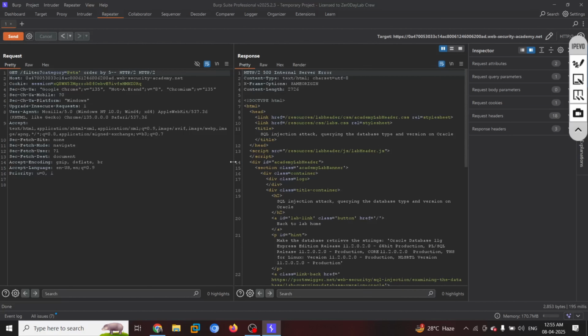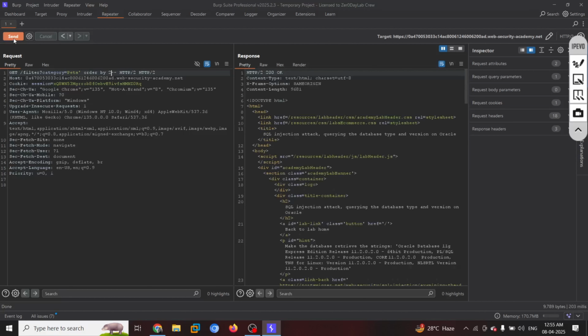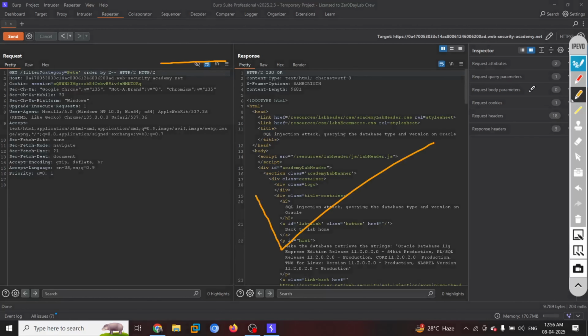Internal server error. That means it could be that the application is not having 5 columns, right? If I use 4, it is still giving us an error. That means the application is not even having 4 columns. If I use 3, still it is giving us 500 internal server error. Still that means the application is not having 3 columns. If I use 2, yes, there you go. It balanced the equation and now it is giving us 200 OK. That means we got to know that there are 2 columns in this application, right?